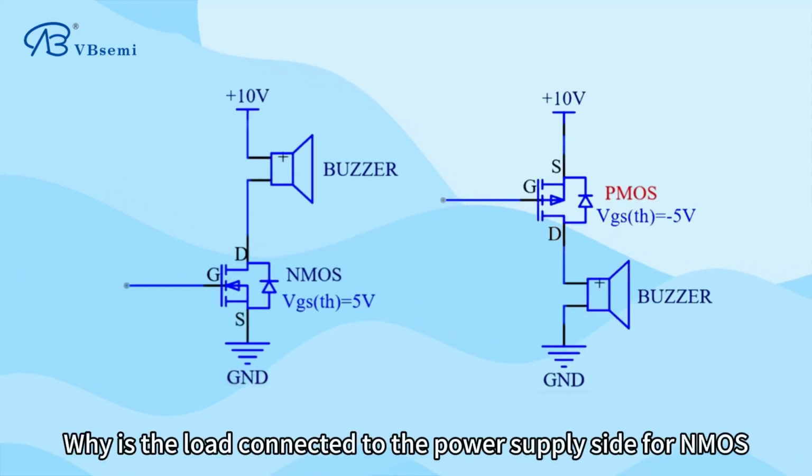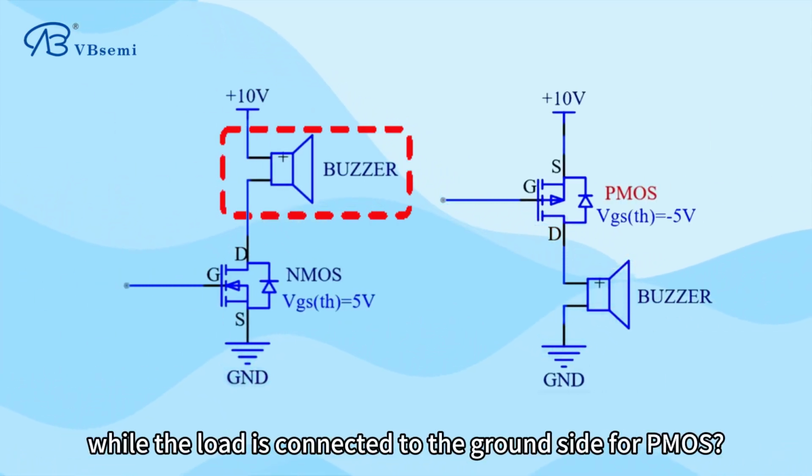Why is the load connected to the power supply side for NMOS, while the load is connected to the ground